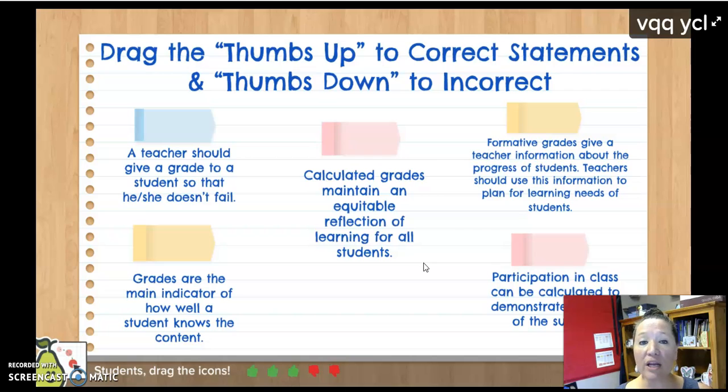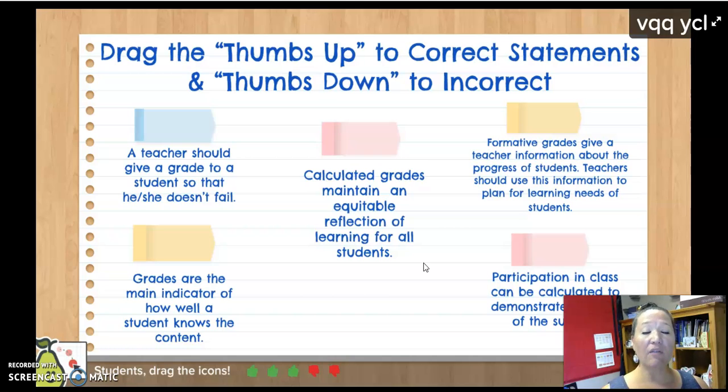We don't want giving grades, because then let's say a student is doing really well in class, and you've been giving them grades, and then all of a sudden they're not making good grades. Well, you did not calculate the mastery of the content, and then a student can say, well, so-and-so's picking on me because now I'm making really bad grades and I never really learned it in the first place because the grades they gave me at the beginning were just fake grades. So we don't want that poor reflection on ourselves.